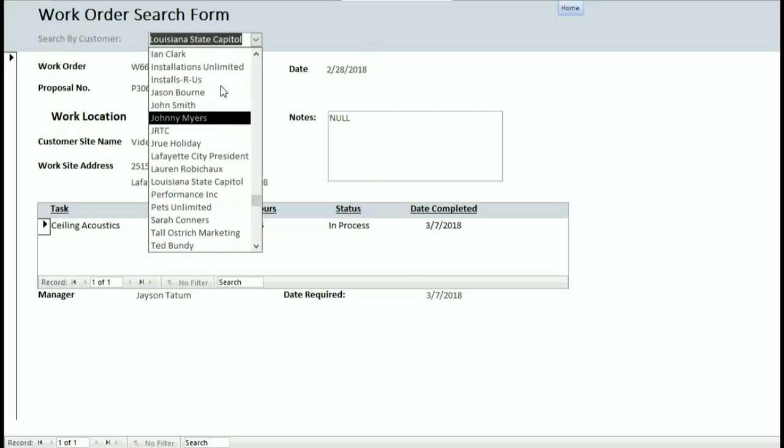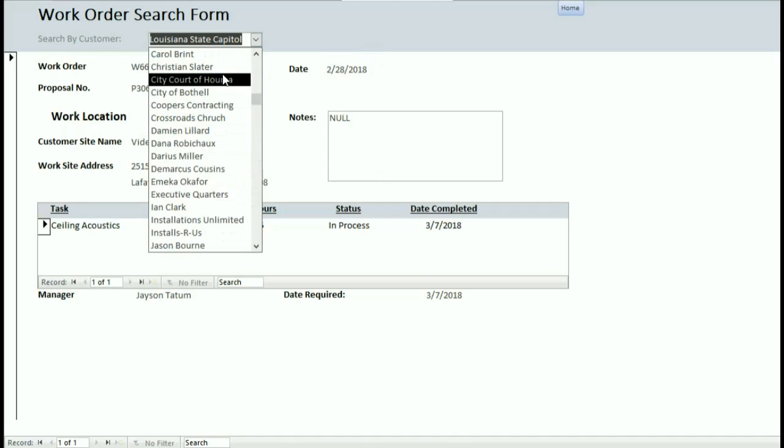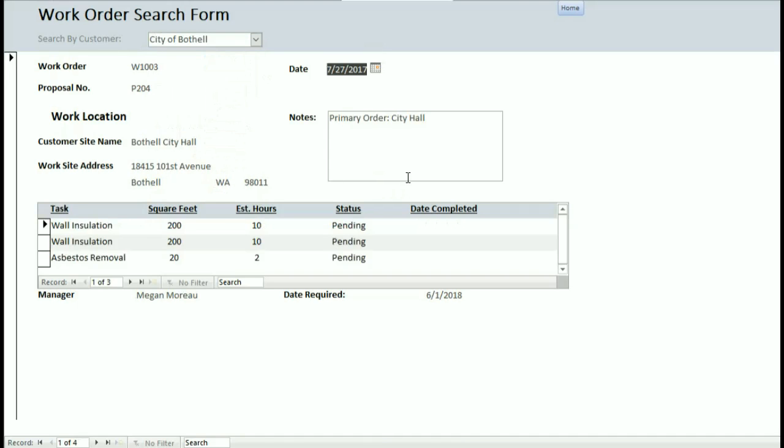But anyway, it works. Let's see. Just to show you that it's got some tasks, each work order can have multiple tasks assigned to it. And this subform actually shows you several tasks. Let me back up here. There are multiple work orders for this customer, the city of Bothell. If you wanted to look at the next one, just click next, and you notice that the work order number